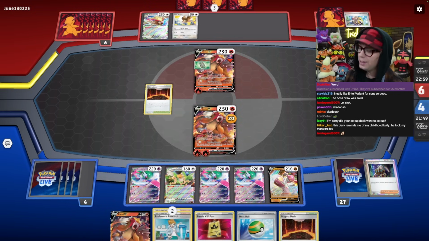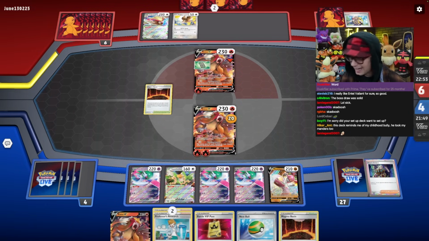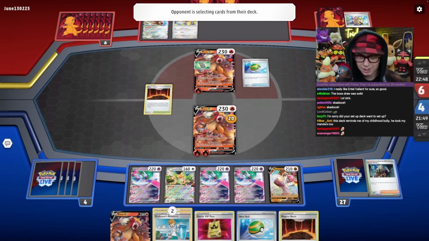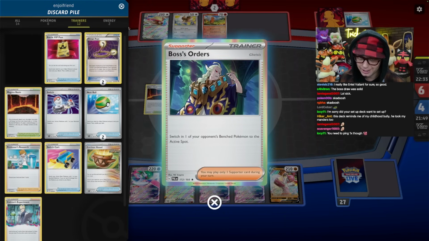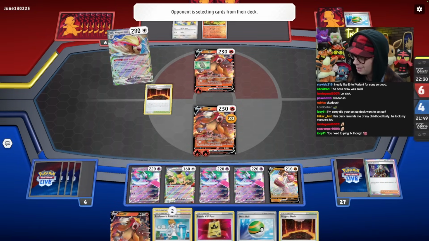But the thing about that is, if they fully bench out to take this KO, then I can just respond to Entei with my Entei and easily take a knockout in return, going to 2 prizes left, which I'm okay with. And then I kind of just have to start working on that Pidgeot to finish off the game. If I've got my final boss, which I may need to try and take that thing out. 280 is a little bit out of range, but